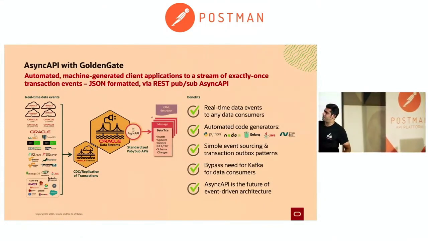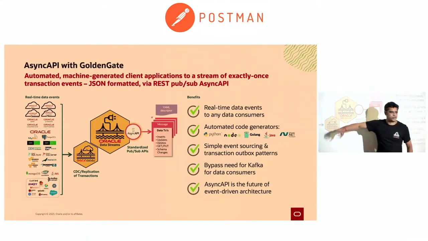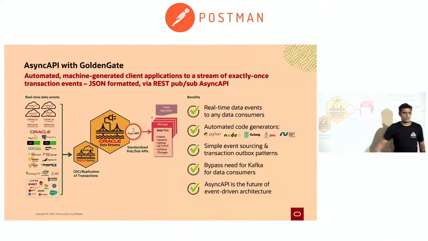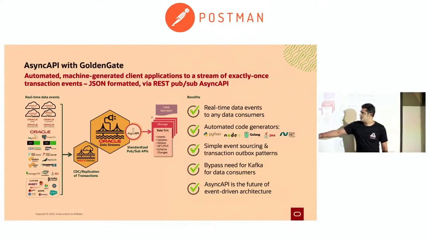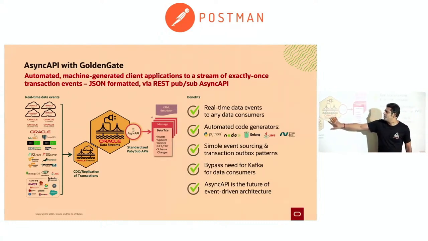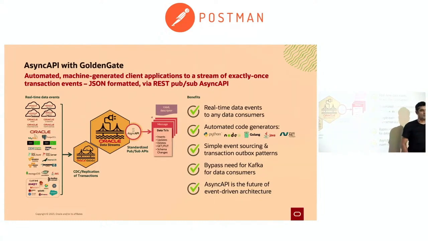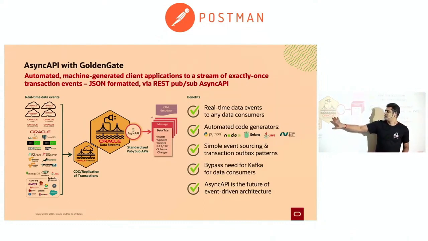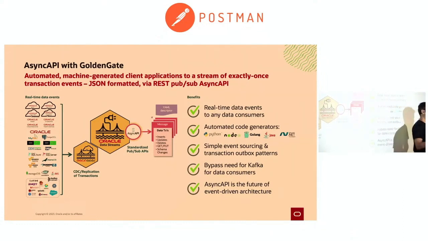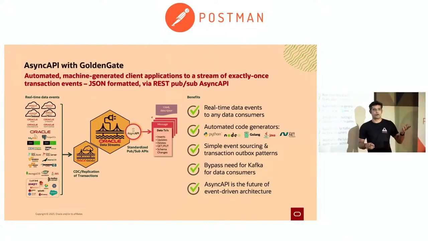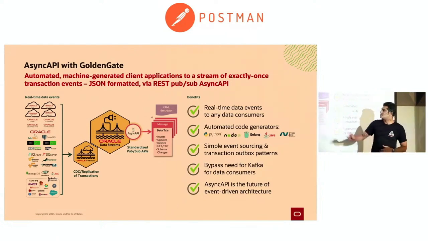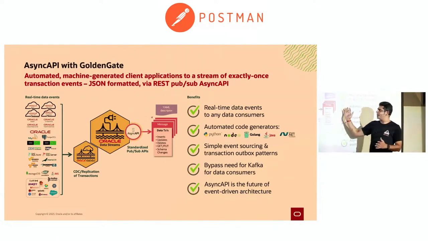So these are the sources. Any database, you can just capture the data using Oracle GoldenGate. You have the extract process that captures, and we introduced something called Oracle Data Streams. That's the one we integrated with AsyncAPI. This data stream acts as your broker. Kafka is a broker, right? MQ is a broker. Similarly, Oracle Data Streams acts as your broker and